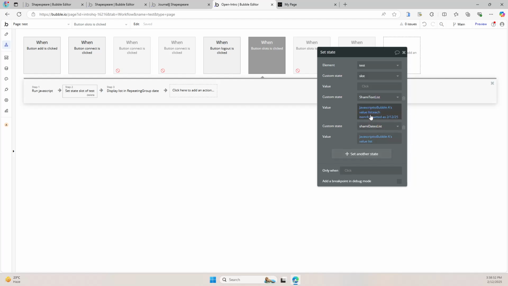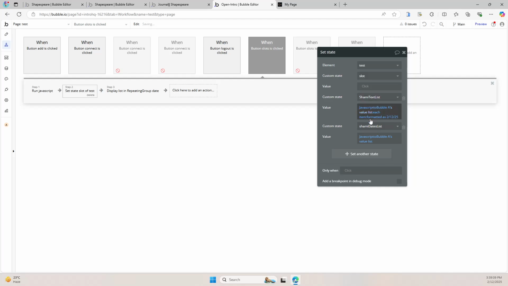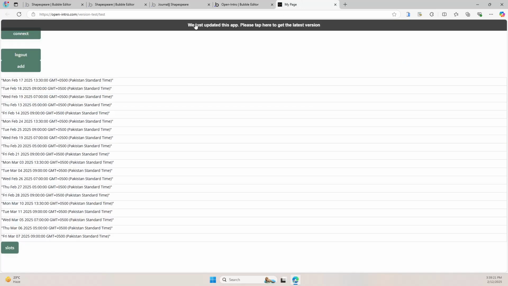We call the function, basically the element JavaScript to Bubble value list, with each item formatted as this, or else we go with this one, which is simple if it is a date list. So I have this one as a text list and this one as a date list, being the states on the page level, and I'm calling them from here. Each item formatted as this, or even the value list directly. So if I go here